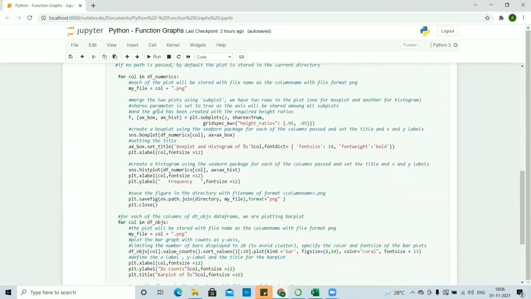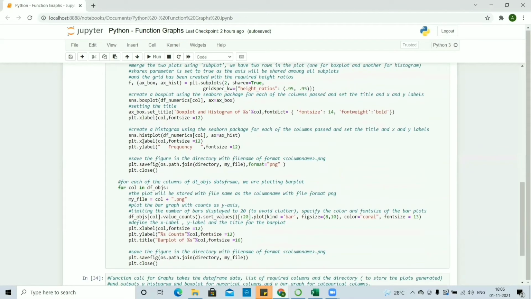And for each of the columns in the data frame df_numerics, we'll be defining a file name for storing the graph, which will be the column name .png, and the file name is stored in the variable my_file. And we'll be using the subplots function for merging the box plot and the histogram plot. It will have two rows, and we'll be plotting the box plot using the Seaborn package, passing the numerics column, and we'll be setting the title and the X label.